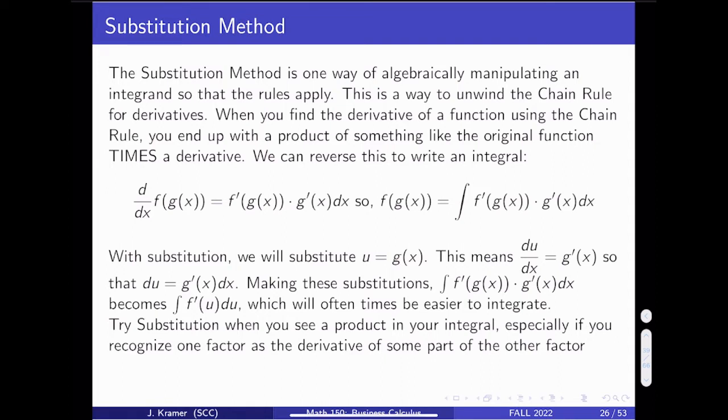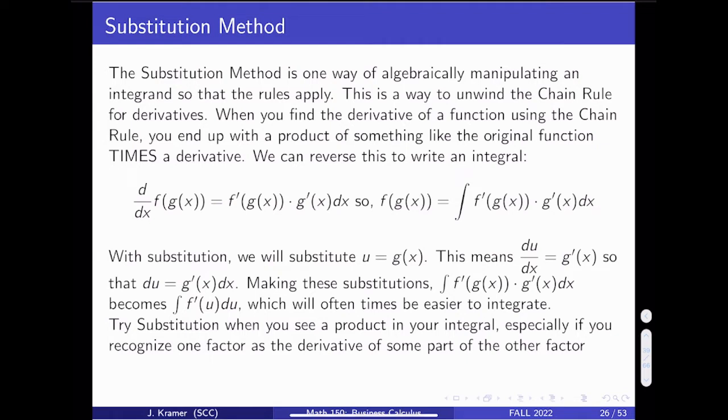When you find the derivative of a function using the chain rule, you end up with a product of something like the original function times the derivative. We can reverse this to write an integral. So if I take the derivative of the composition of f of g of x, by the chain rule, it's f prime of g of x times g prime of x dx. So if I integrate both sides of that, I end up with f of g of x is the integral